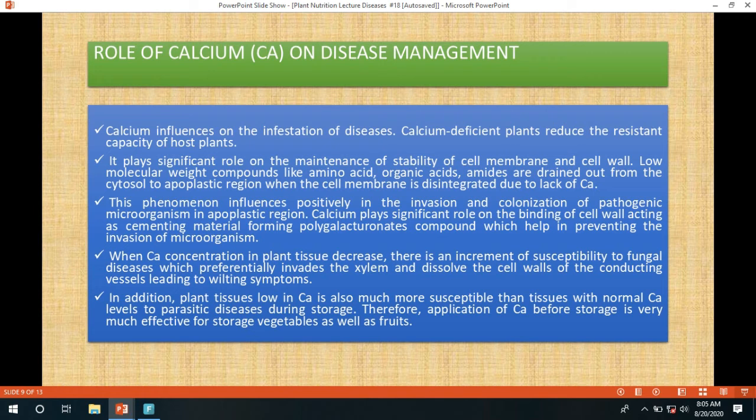Plant tissue low in calcium is also much more susceptible than tissue with normal calcium level to parasitic disease during the storage. Storage condition parasitic disease ক্ষেত্রে আমরা এরকম একটা দেখতে পাই যে ক্যালসিয়াম ডেফিসিয়েন্ট গুলো সাসেপ্টেবল হয়ে থাকে। Therefore, the application of calcium before storage is very much effective for storage vegetable as well as fruits. আমরা যদি ফ্রুট এবং ভেজিটেবল স্টোর করতে চাই তাহলে এইগুলি স্টোর করার আগে একটু ক্যালসিয়াম অ্যাপ্লিকেশন করলে সেগুলো স্টোরেজ কন্ডিশনটা ভালো থাকে, ডিজিজ ইনফেস্টেশন অথবা এগুলো কম হয়ে থাকে।